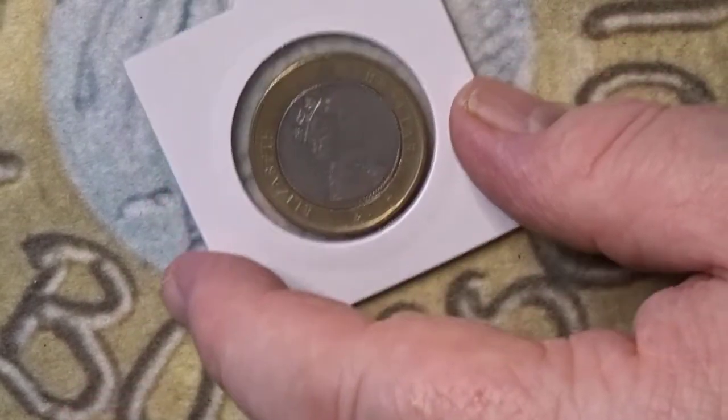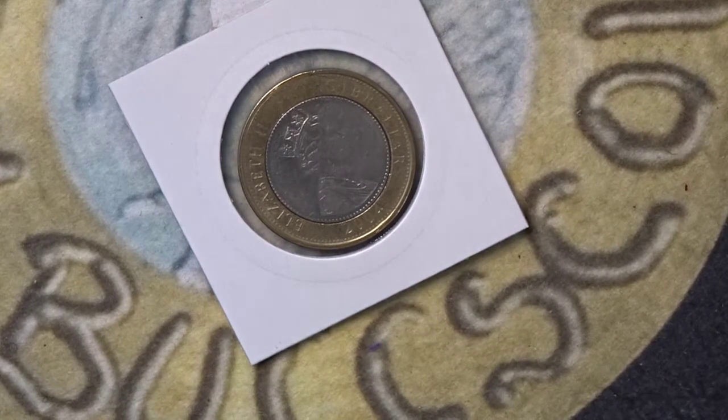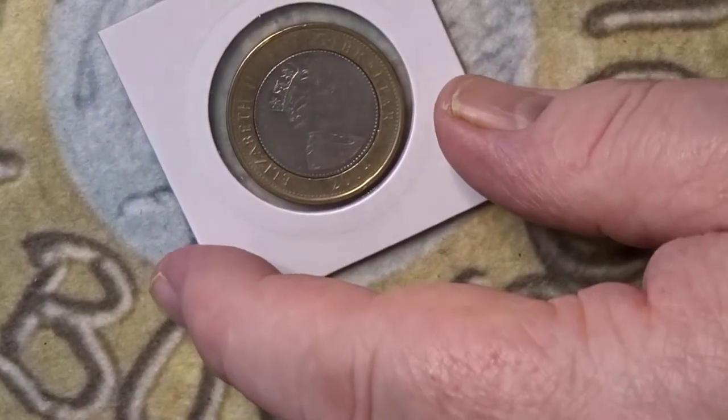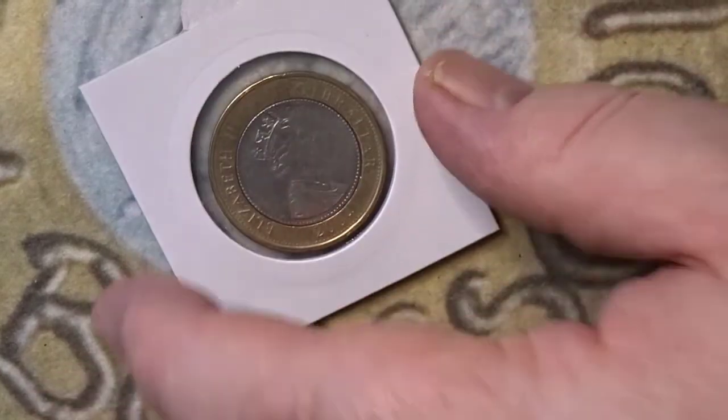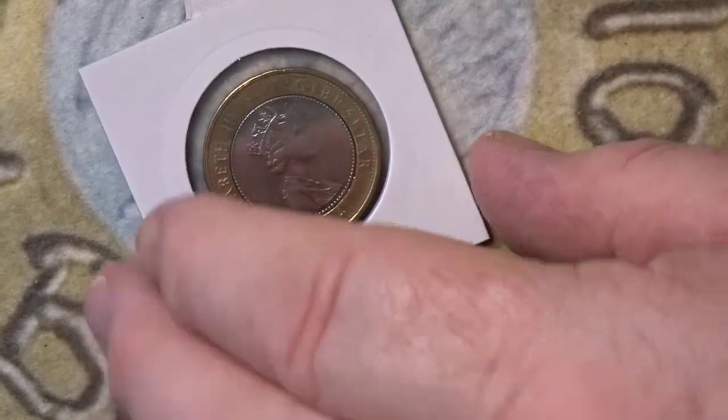This coin's a little older. It's a £2 coin from the year 2004. Bimetallic. Queen's portrait. I've not seen many coins with this particular portrait on. Now I don't know how long this portrait was used by Gibraltar, but it's